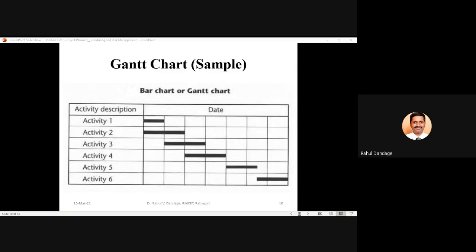So likewise, whatever diagrammatic representation you prepare for the schedule of your project, we normally call it a Gantt chart, and this is a very useful, simple kind of tool to represent the schedule of your project, the dependencies of the various activities, and to give information about the various activities at any particular point of time regarding which have been completed, which are yet to start, and which are in process. So that overall data we can get from this particular Gantt chart.